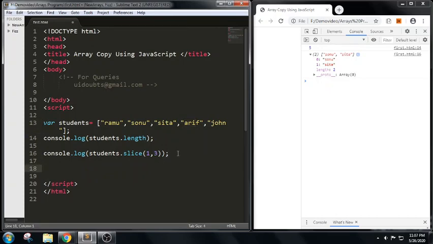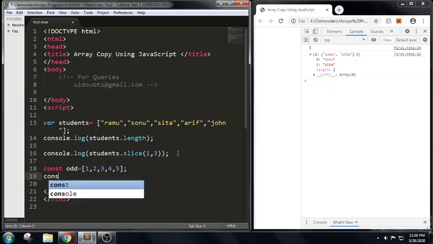So this is how we have done with the length method and slice method. Now let us understand one more thing, that is the spread operator. In ES6 we have a new operator called the spread operator that consists of 3 dots. For suppose if I want to iterate an object, map, array or any set, then we can use this spread operator. For example, I am taking a constant odd equal to 1, 2, 3, 4, 5. I have taken a set of array values here.